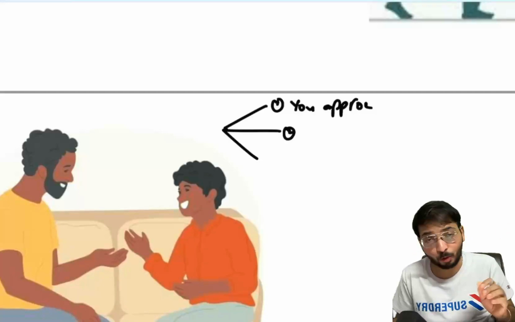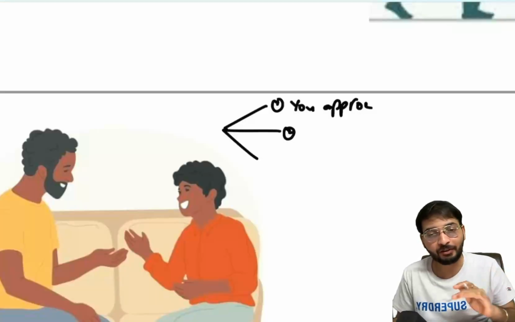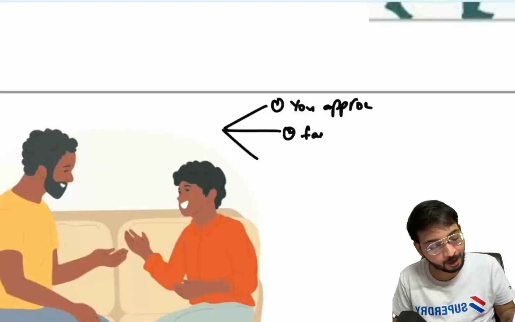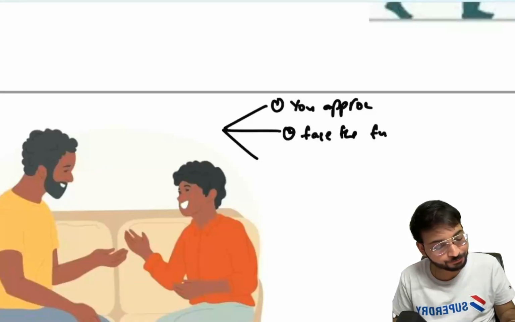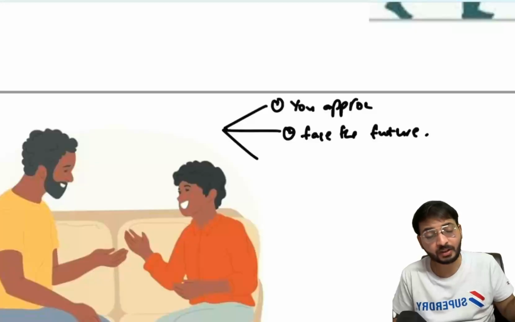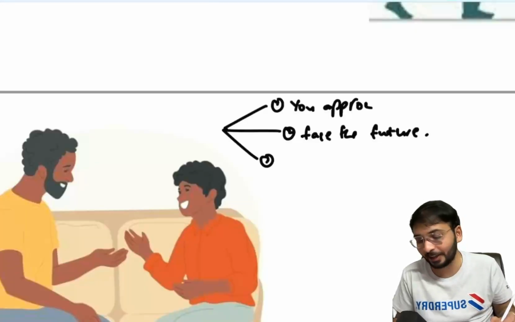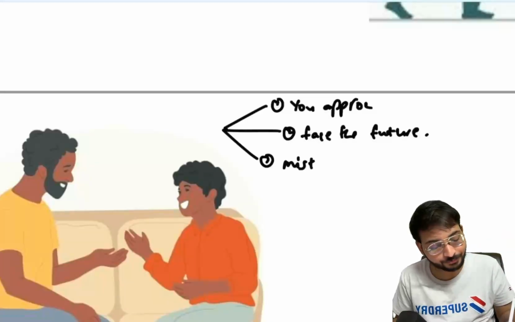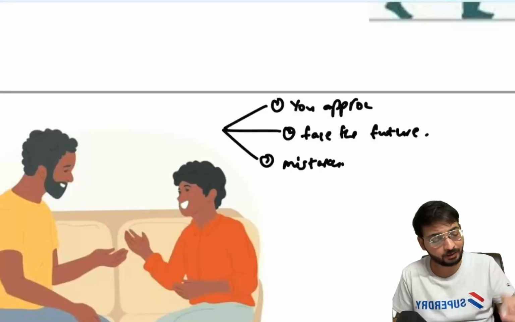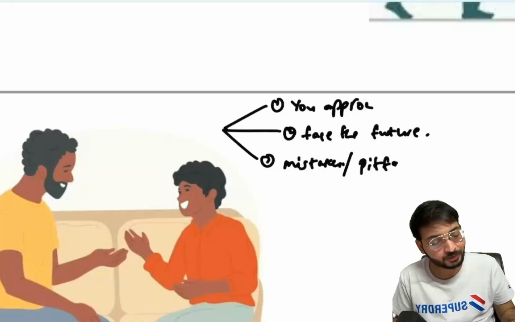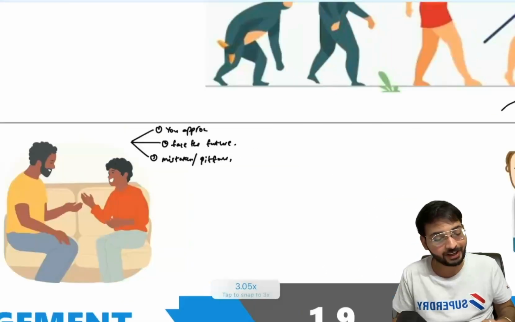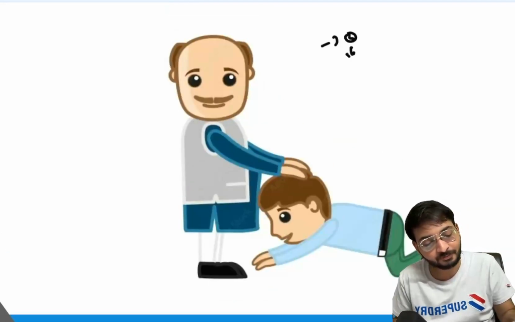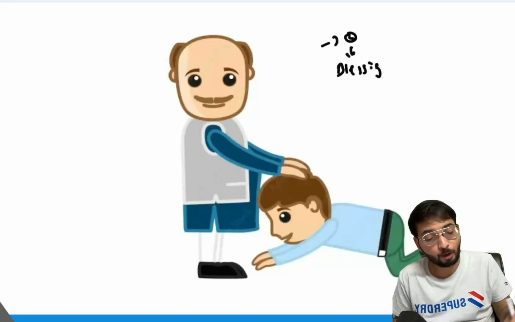Second one, he told him that from now on the future will be completely different. I am facing it with your mom, so he tells him how to face the future. And the father, with his experience, will tell you that you should not fall for the mistakes which are there. Some mistakes, foot falls, we also call them pitfalls. Some suggestions the father gave. And finally, he blessed his son. I hope you'll remember the story.